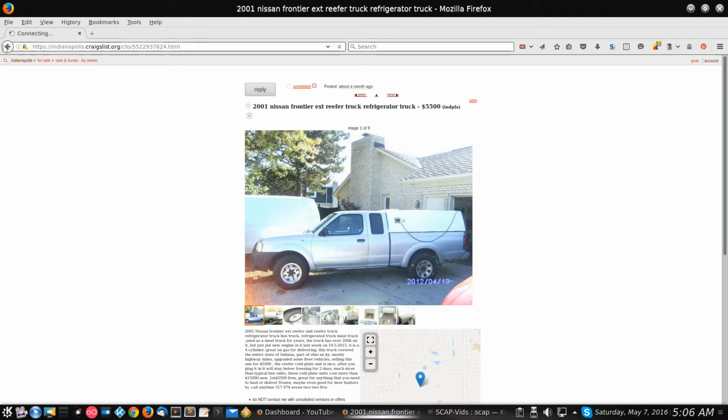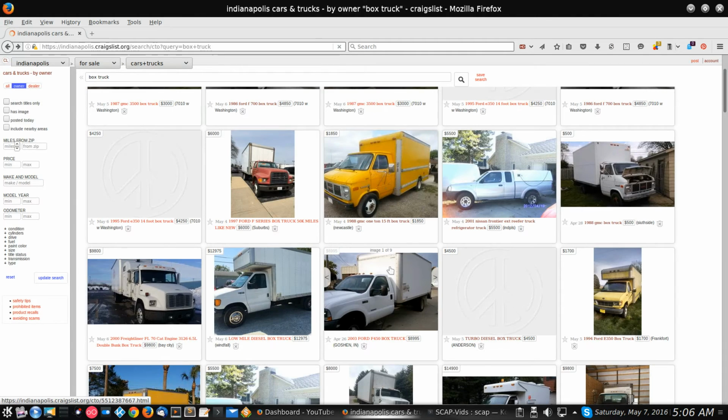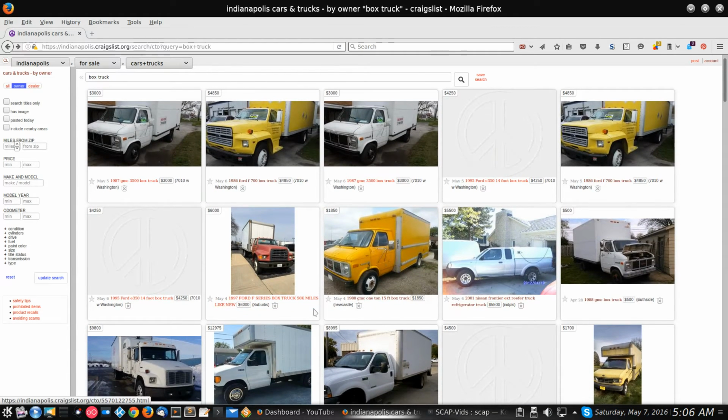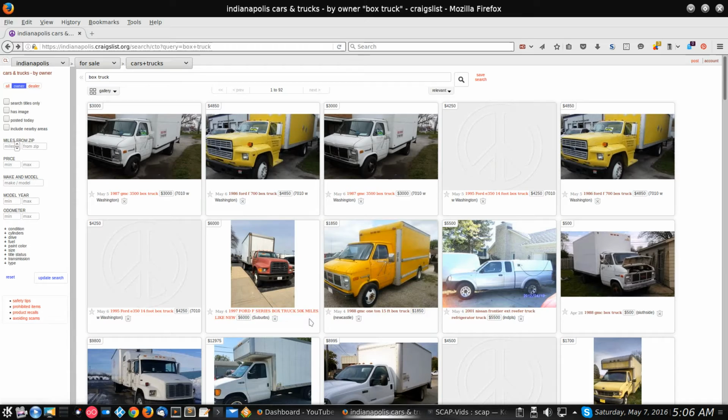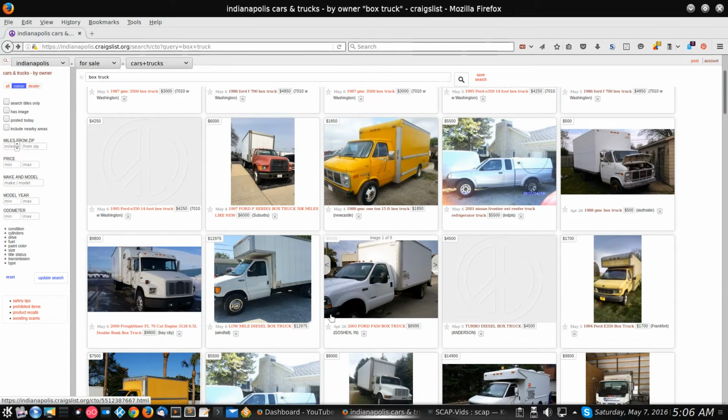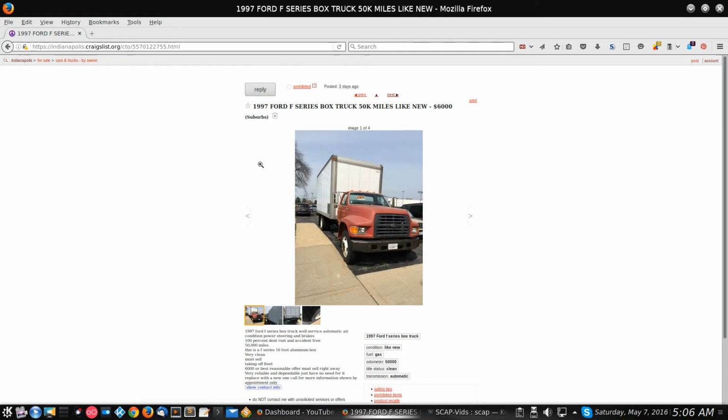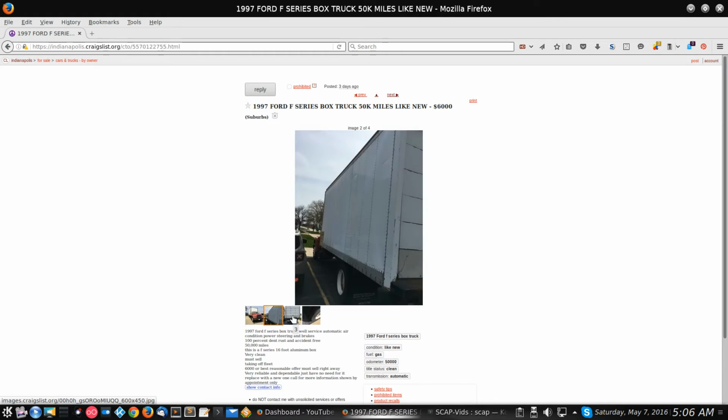It's up to you. You go in and look at the various ads and see what interests you. So as an example, if I'm looking through here, and I am actually in the process of looking for a box truck, which is why I'm using this example, there's several of these that definitely appeal. So look at this. Here's a great big box truck, 50,000 miles, pretty nice, really. It's older. They want $6,000 now. To be fair, I don't have $6,000 to spend on it for my project.